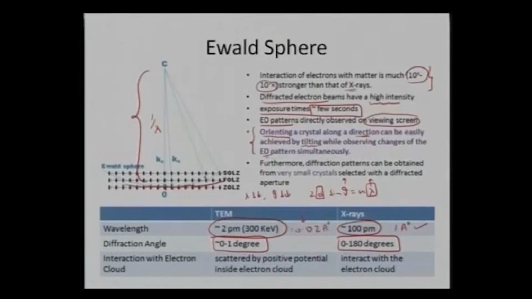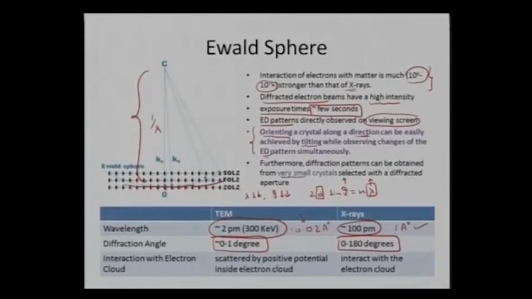I can get a particular image. I can again orient my crystal only within a couple of degrees, and I can still get a diffraction pattern. And so a diffraction pattern from very small crystals can also be obtained, because my beam is very sharp, very intense. So I can focus it to a very localized location, or something called nano crystals. I can focus my beam onto those nano crystals, and I can still get a diffraction pattern by aligning the beam to a particular diffraction aperture. So I can direct my beam through a diffraction aperture, and I can still get a diffraction pattern from very